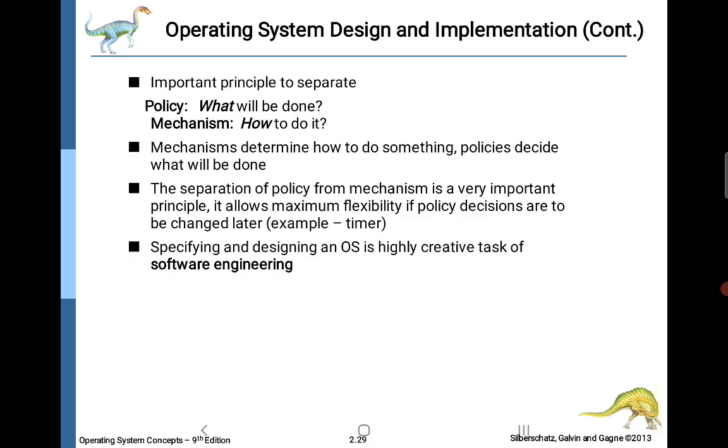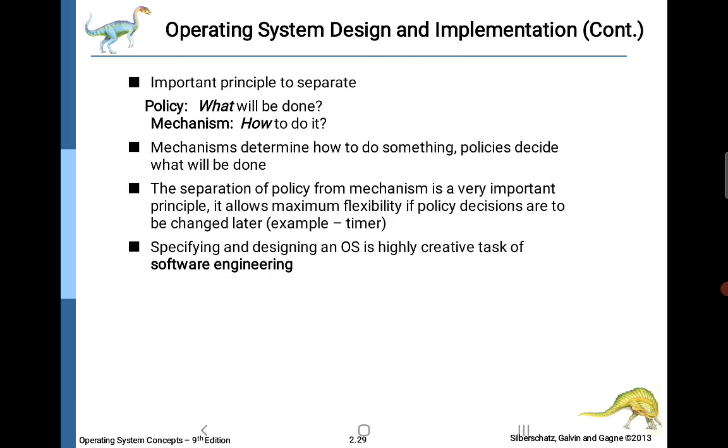One important concept that any designer has to be very well aware of is to separate mechanisms from policies. It's separating what needs to be done from how it's done. Because what needs to be done is a high-level design concept that should never ever be tied to how it will be implemented.